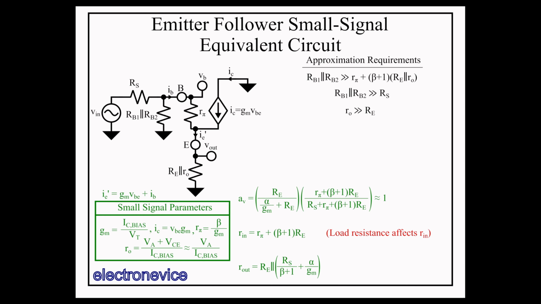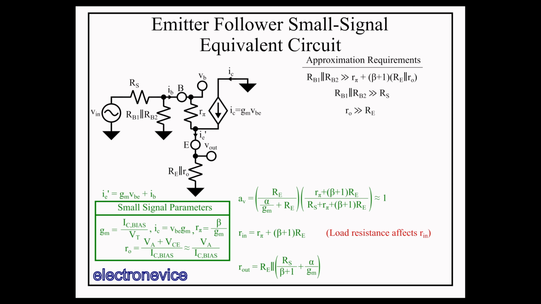However, as we've said multiple times already, this is designed to be a circuit that takes a high input impedance and translates it to a low output impedance. The limits of that effect revolve around the quantity beta plus 1. Effectively, this circuit transforms Rs on the input into Rs over beta plus 1 on the output, plus a little bit extra from alpha over GM. If Rs gets too high, yes, Re will take over as the dominant term, but the gain will also drop due to the divider on the right-hand side of the gain equation. So if Rs is much larger than beta plus 1 Re, then we get the same problem.